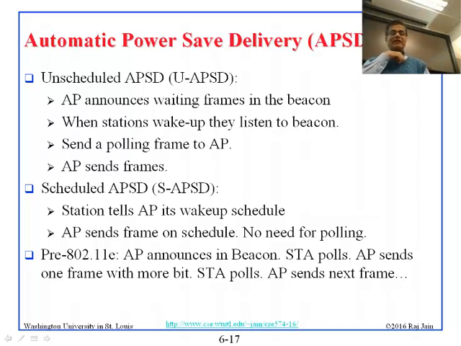Automatic power save delivery, I have already talked about APSD, but first is unscheduled. Access point announces the waiting frames in the beacon. Unscheduled means that basically in every beacon there is a list of stations whose frames are waiting at the access point. So whenever you wake up, you listen to the next beacon, and if your frame is there, you send a request and you get it. That is unscheduled. Scheduled is, which is basically the station tells that I will get up at 6 a.m. and then you get your frames delivered at that time. Yeah. So this new feature helps that